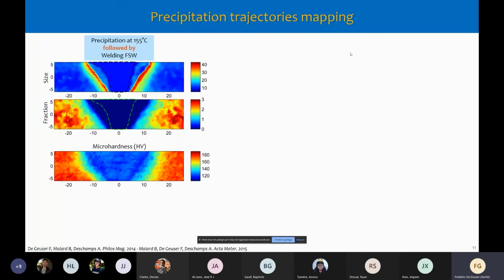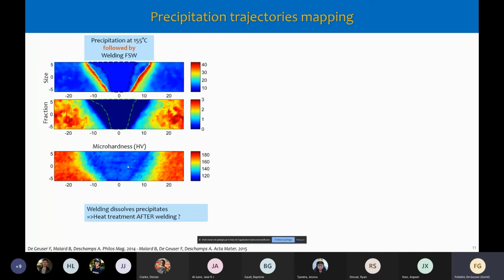And if you interpret each image, the 5,000 images, independently, you can fit again the size and volume fraction of the precipitates, and you see here the fraction, for instance, that there is a zone where the precipitates have entirely been dissolved, and you see that close to these zones, before dissolving completely, they get thickened very much. And this dissolution of T1 corresponds to the drop in micro-hardness. Okay, so